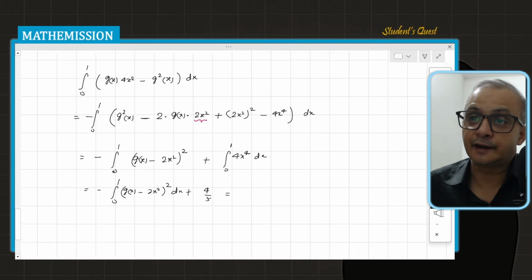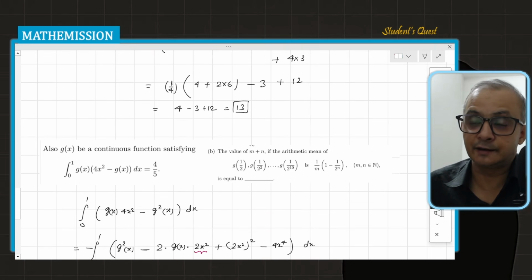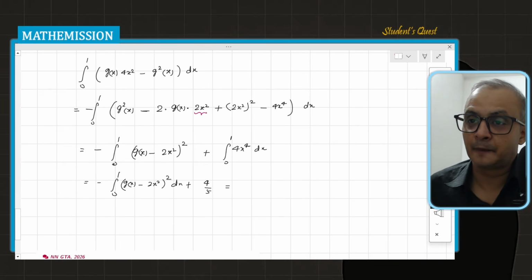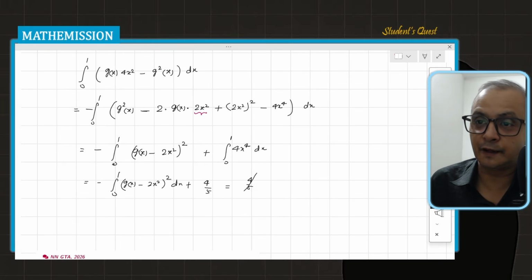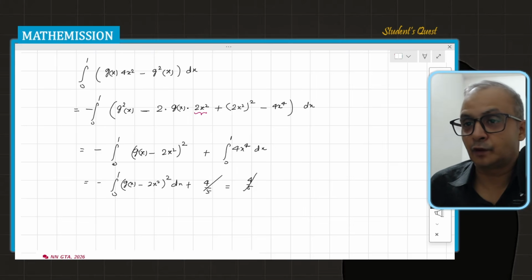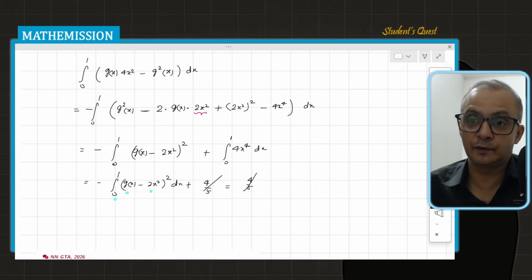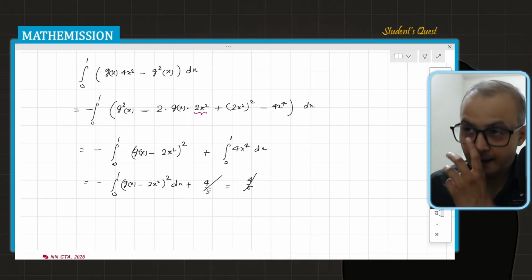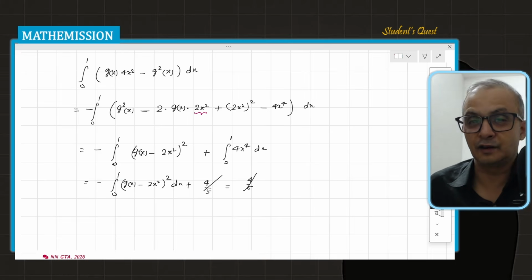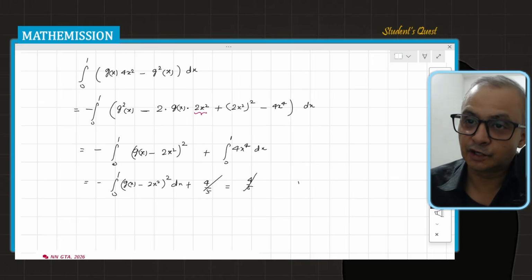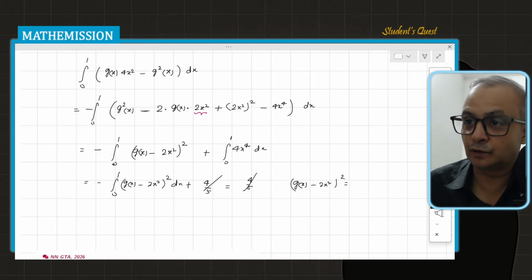And you notice that the right hand side of this whole integral is given as 4 by 5. So I compare with 4 by 5, so this will cancel, and we can compare this with 0. So this is going to be 0 because this cancels. It means the integral of (g(x) minus 2x squared) the whole squared from 0 to 1 you found as 0. And how is this integral 0? When this function is itself 0. So g(x) minus 2x squared must be 0,